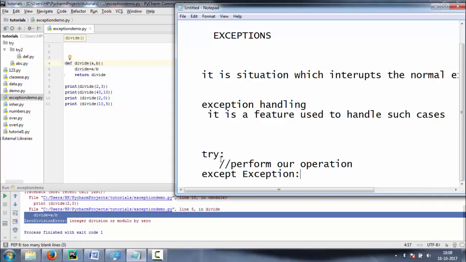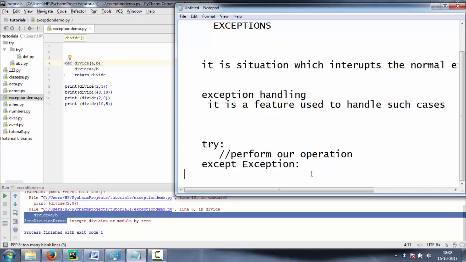If in such operations any case of exception occurs, it will go there, and this except block is used to handle the exception. Here we write the code used to handle the exception.